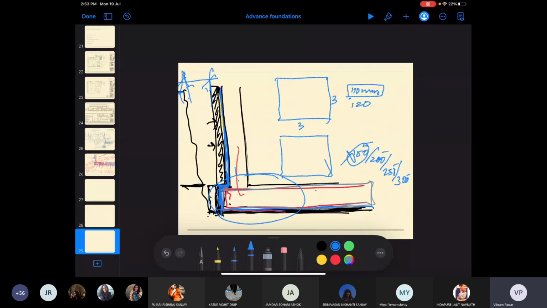That is what we tend to because we do scale drawings, we tend to not realize what is the difference between a 120 slab and 150. It's a good 30 difference.